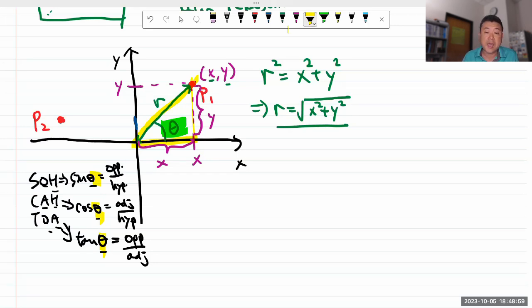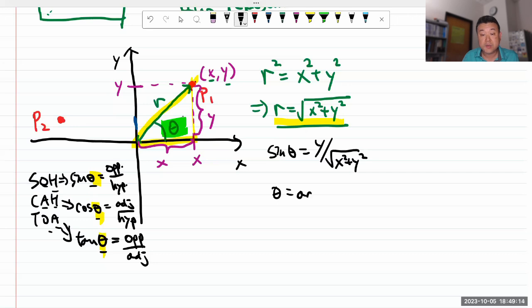Having already figured out the hypotenuse, you could say, all right, I have the opposite side, y, so I can say sine theta is y over square root of x squared plus y squared. So my theta would be arc sine of y over square root of x squared plus y squared. That's not wrong. Most times you will get the right answer. I just want to represent the shortest pathway of converting from Cartesian coordinates to polar coordinates, which